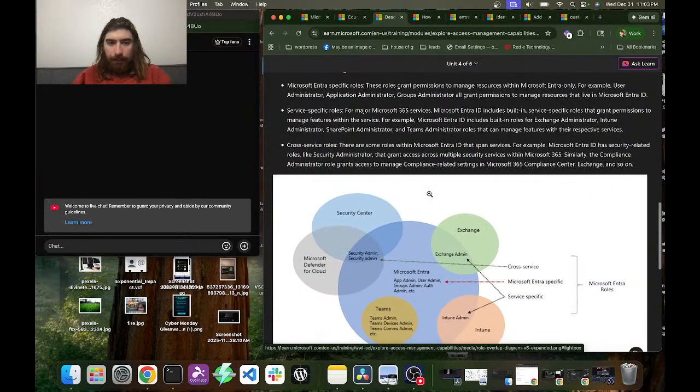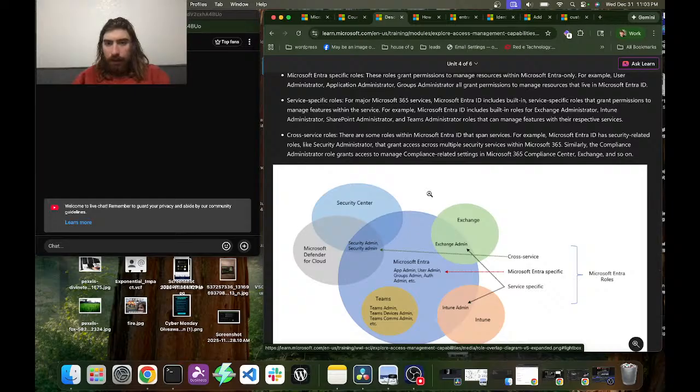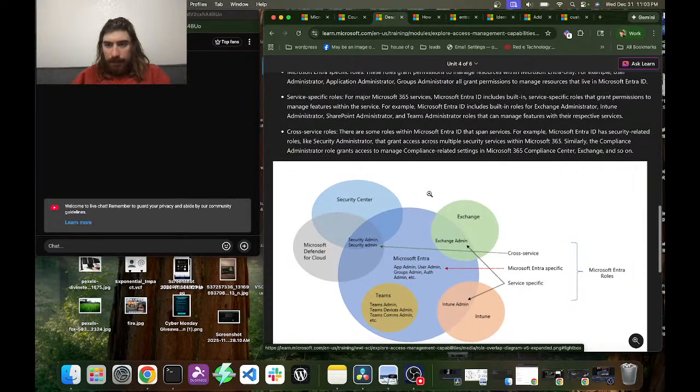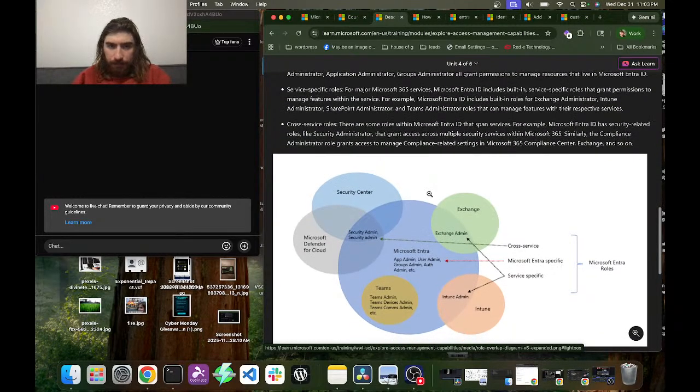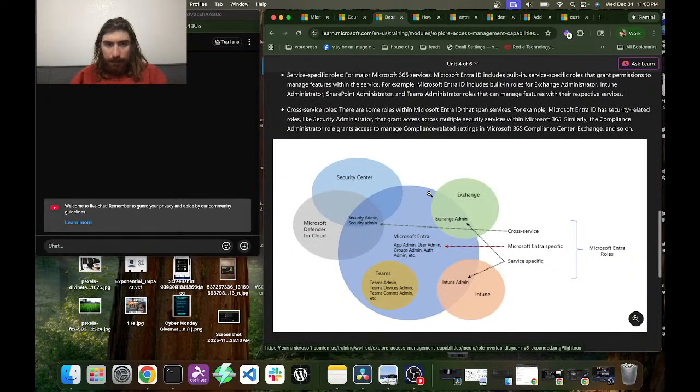For example, User Administrator, Application Administrator, and Group Administrator all grant permissions to manage resources that live in Microsoft Entra ID. Service-specific roles. For major Microsoft 365 services, Microsoft Entra ID includes built-in service-specific roles that grant permissions to manage features within the service.